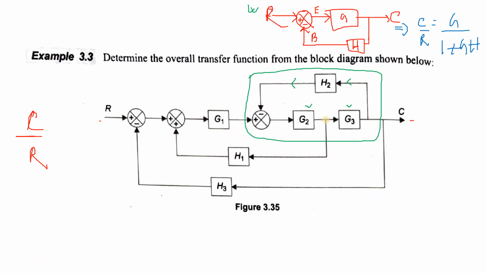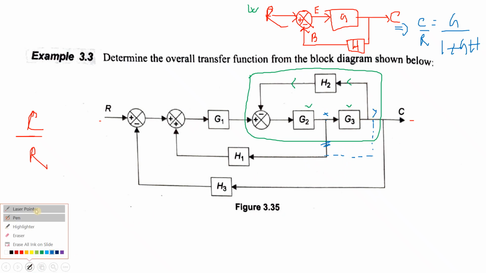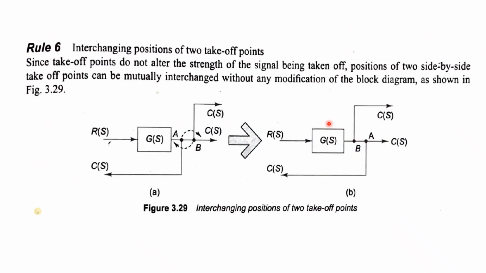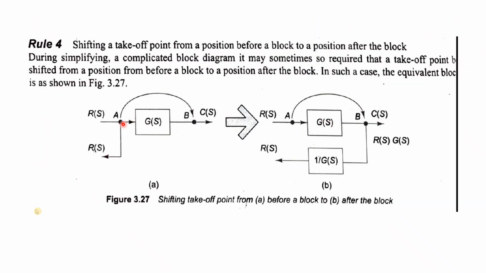The only difference is that if this particular point over here were placed over here instead, then it would be very simple. Why? Suppose I call this point X. If it is not at X but at Y, then we would have easily solved this. You might think like this. Then you will multiply G2, G3, where G2 G3 is one transfer function, and this is a feedback transfer function.